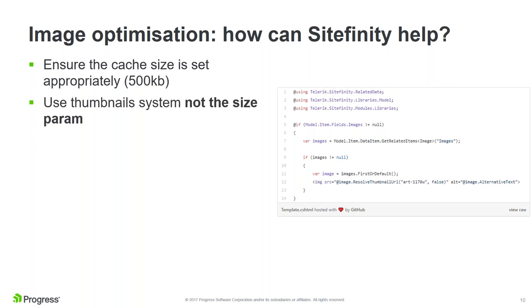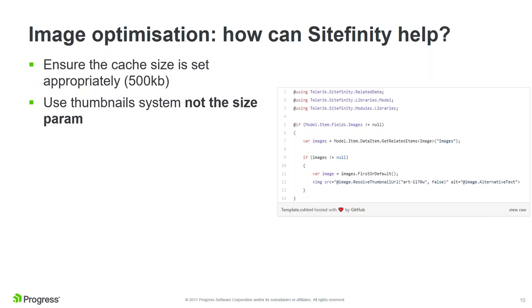In my opinion, content management should be really easy for content managers, and they shouldn't have to worry about image sizes. They shouldn't have to upload all different sizes of an image, because in various places that same image is used in different sizes. So in this particular instance, we should really leverage the thumbnail system. The thumbnail system probably is a little bit inappropriately named. It's basically the system in Sitefinity that allows you to specify all the different sizes of images that the system can generate,